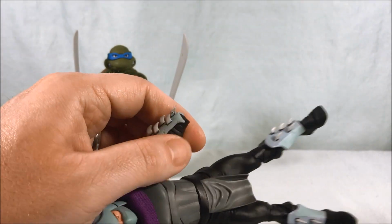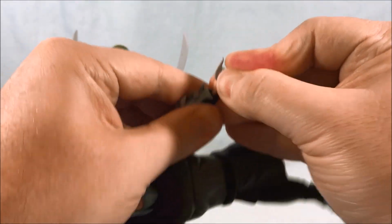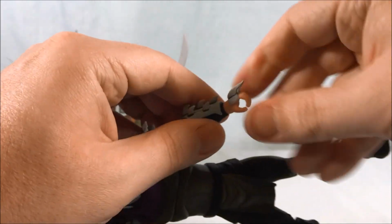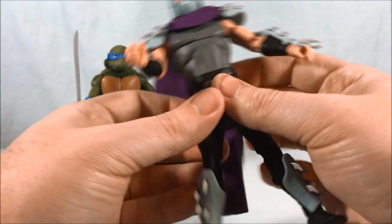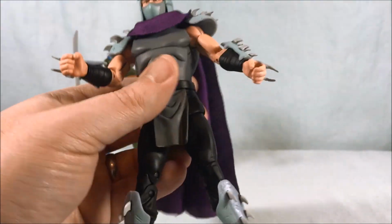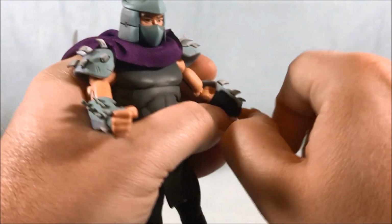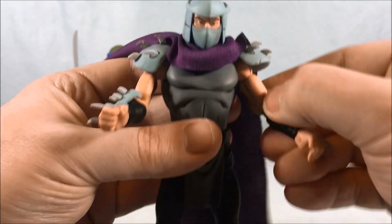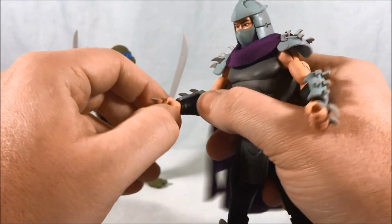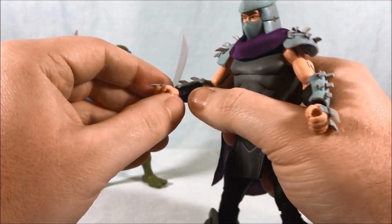He's got some open hands. He comes with some accessories, so I wanted to go ahead and get one of these open hands going. There we go. They go in much easier than they come out. But you can see he's also got, there is a joint there. You can see the hinge. I'm a little nervous because I don't want to smash the spikes. They look really good, but you can rotate very easily,